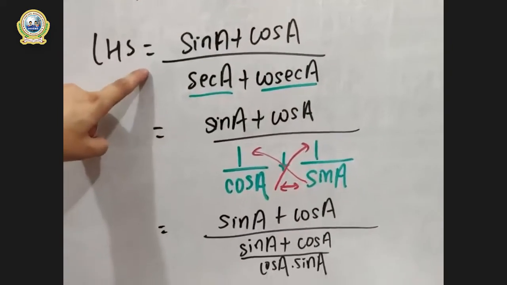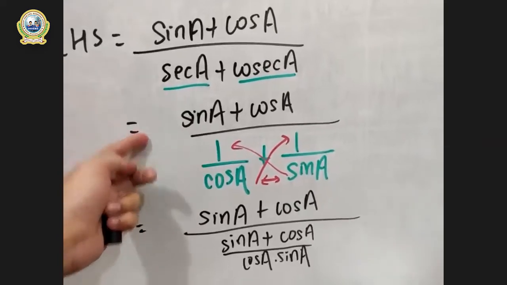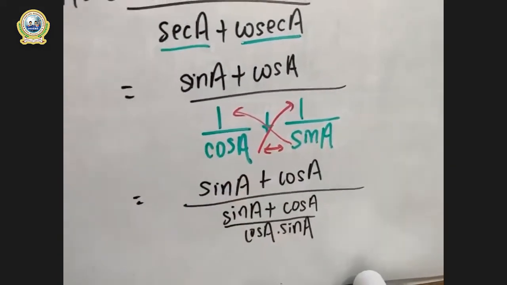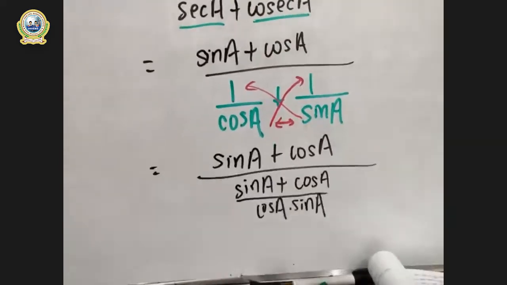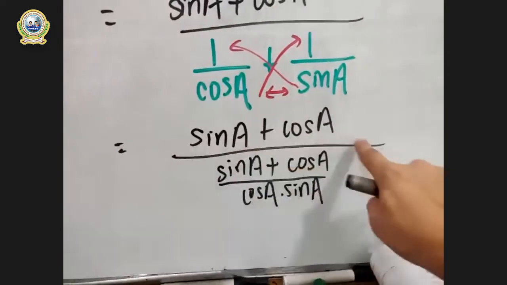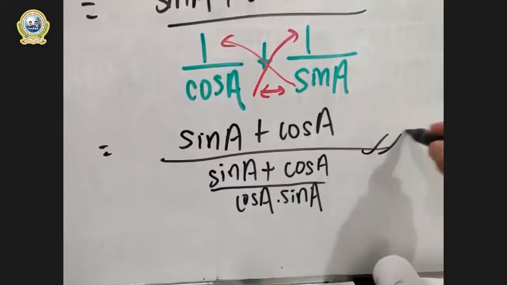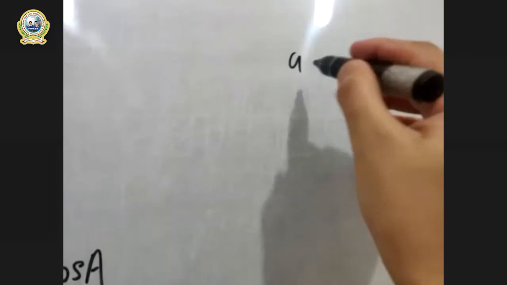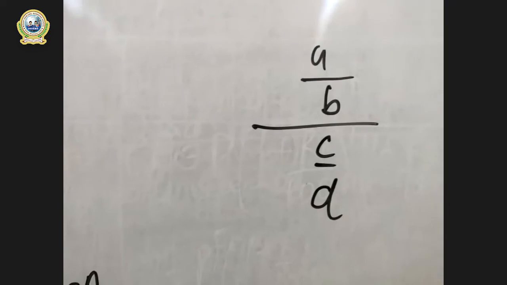Let me show you from the first. This was our LHS, and this is the part where I have used the formula. Sec is converted into 1 by cos, cosec is converted into 1 by sin, and in this part I have taken the LCM, or you can say cross multiplication. And be clear, this division sign is lengthier than this one. Be clear over here. Is it now clear? Now after this, you might have studied the rule for reciprocal, right? Look here: A by B whole upon C by D. How do you deal with this in mathematics?